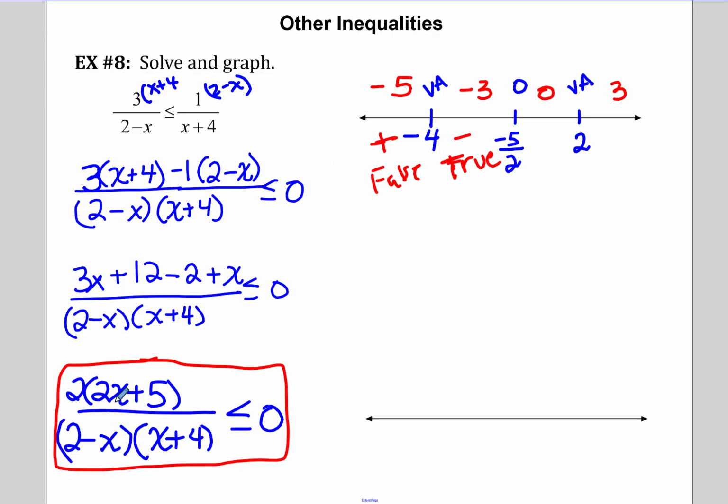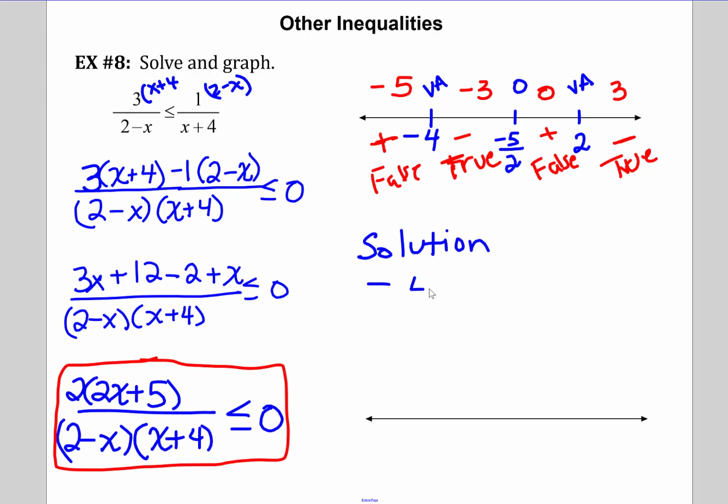If we plug in a 0 here, we got a positive and a positive and a positive. So this is a false section. And then plugging in a 3, we've got a positive divided by a negative times a positive. So this is a negative, and this would be a true section. So true, we're true. Our solution